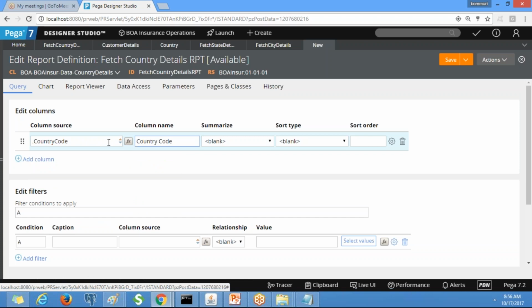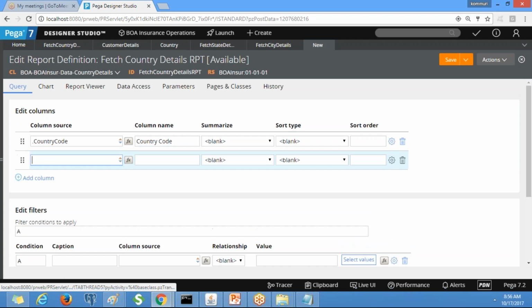This is an autocomplete field, which means even if you type some of the characters, the related things will be populated. It's not a drop down. You need to select the required columns, meaning properties.